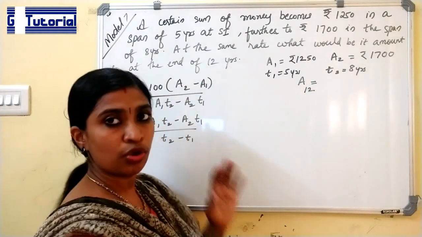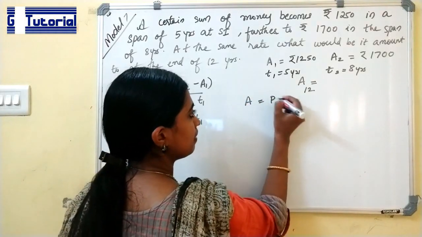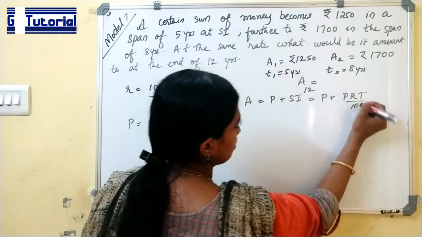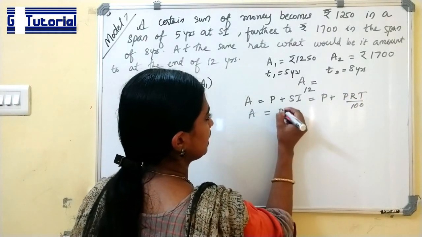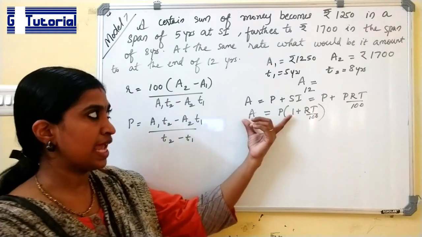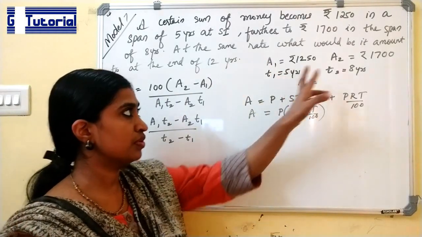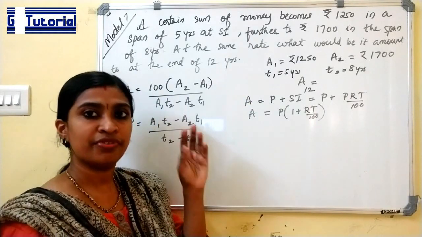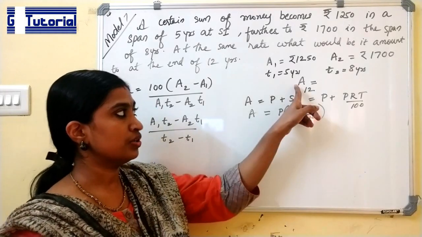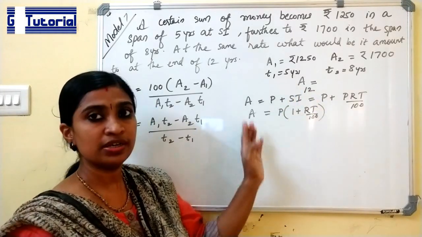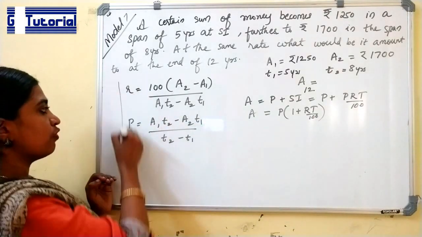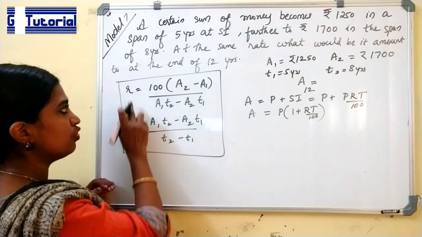If you are following the normal procedure, amount is equal to principal plus SI. Principal plus SI is PRT by 100. So, amount is equal to P into 1 plus RT by 100. You have to write the case of A1, then write the second case, solve it, find the principal and rate, and then write the expression for the case we are asked, amount after 12 years, and solve it. This is a lengthy procedure, so it is better to use this formula to calculate the value of rate and